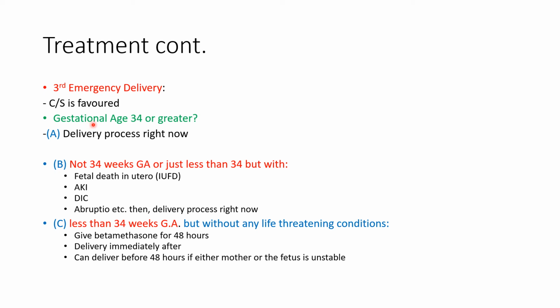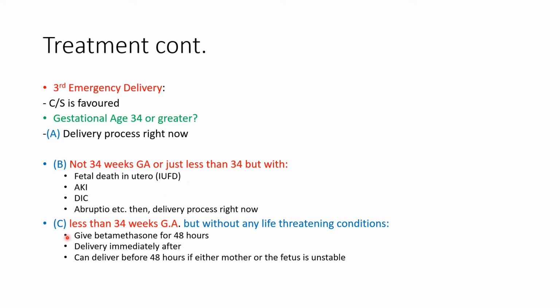Is this pregnancy up to 34 weeks gestational age or greater? Then if that's the case, we can deliver the baby right now. If not up to 34 weeks gestational age, but there's fetal death in utero, or acute kidney injury, or disseminated intravascular coagulopathy, or there's abortive placenta now, then we must also deliver right away. Though not up to 34 weeks, all these unfavorable conditions will not allow us to keep that pregnancy any